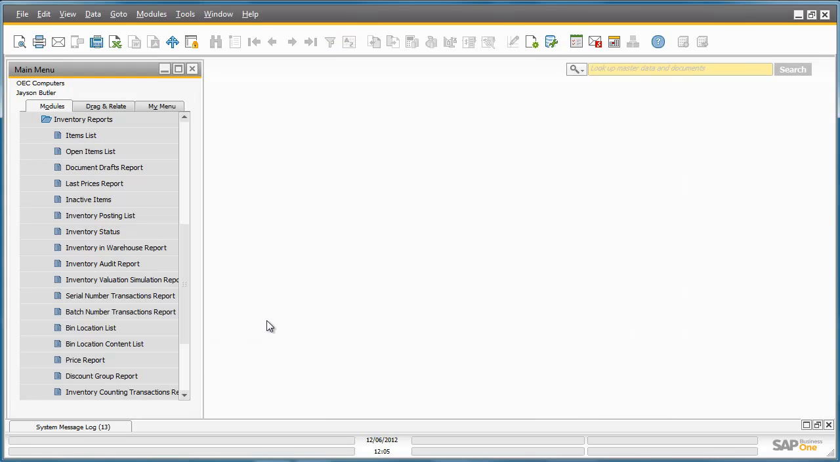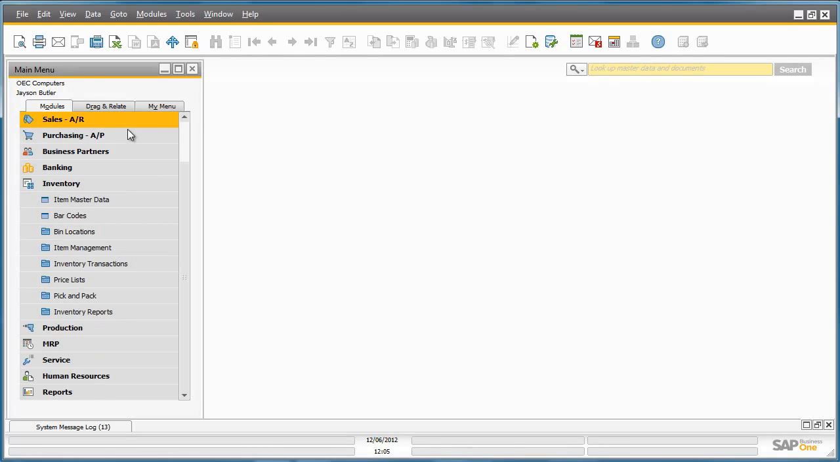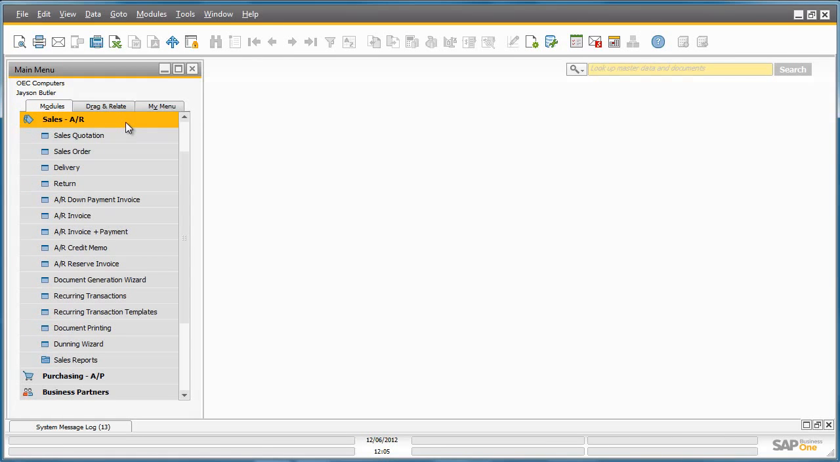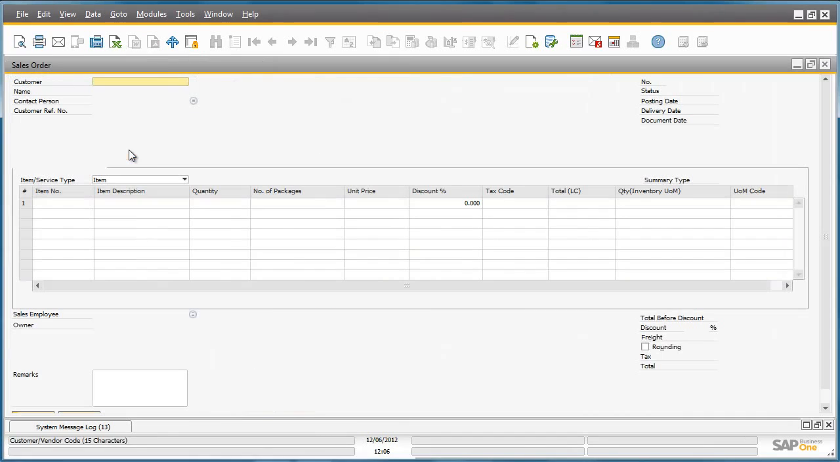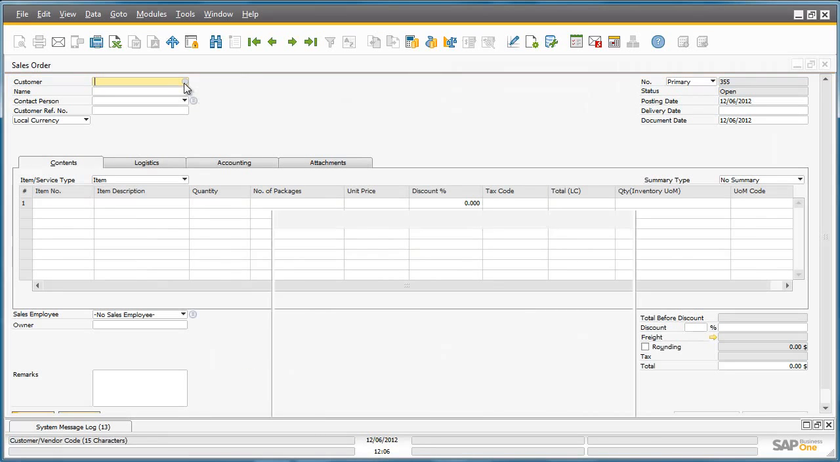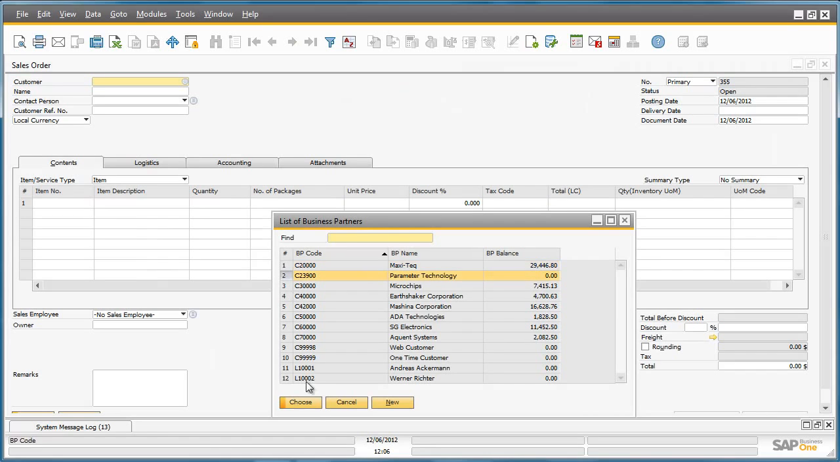A customer has now just called OEC Computers and would like to purchase 30 SD memory cards, so Jason proceeds to create a sales order for this customer, Parameter Technology. He does this by navigating to the sales menu and opens up the sales order document. We then select our customer, Parameter Technology,